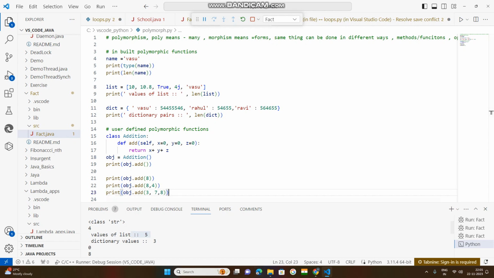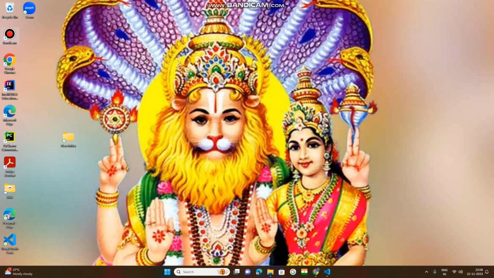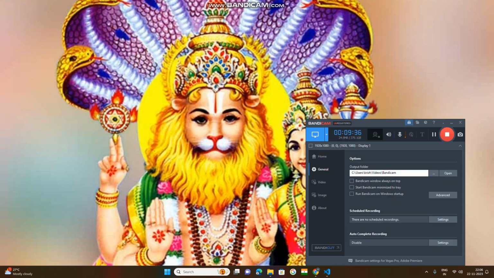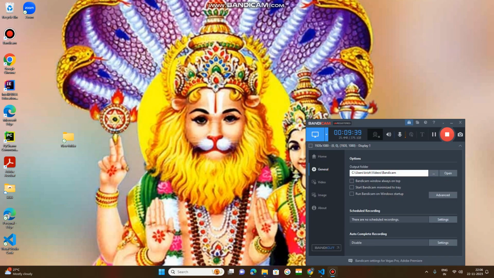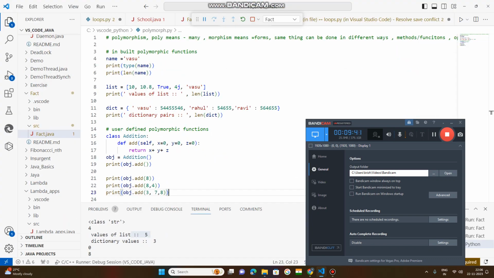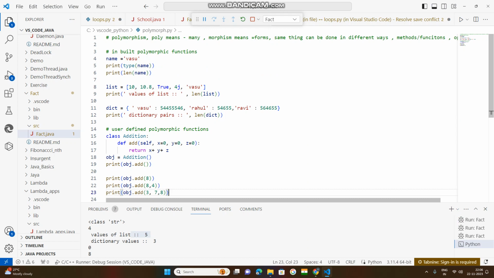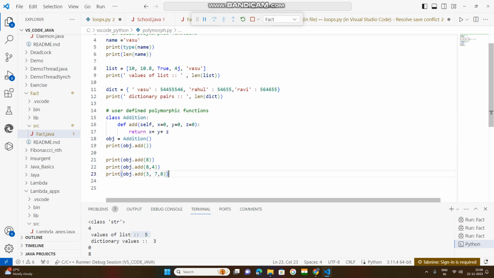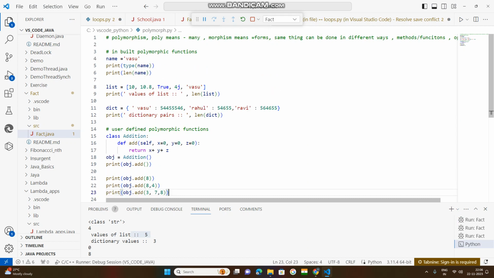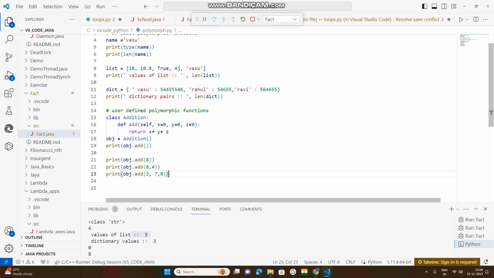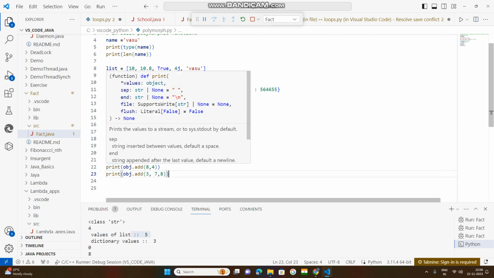Now let us check how much time is here. 9. Now come down. One more thing I want to explain here. If you want to get, you can also add some value of